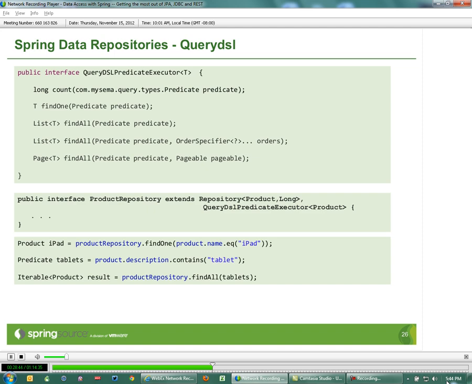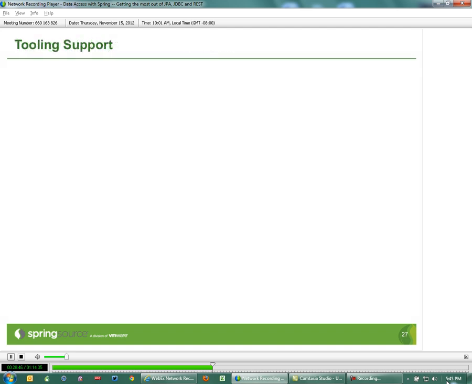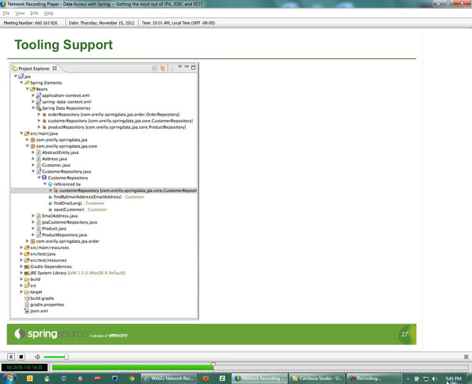So one last thing I'd like to cover is around the tooling support that we provide in STS for this, and there's similar tooling support in IntelliJ as well, the last two versions of IntelliJ. Namely, if you're sitting inside your STS IDE and you have your project here which has products and customers and addresses, if you were, for example, wanting to create a product repository, in this case we're extending CRUD repository, and